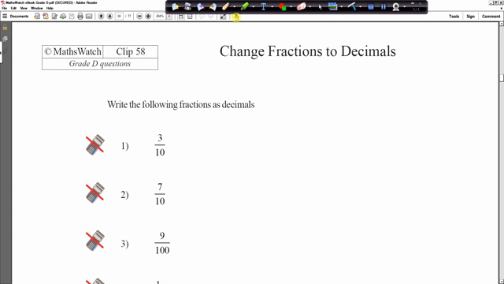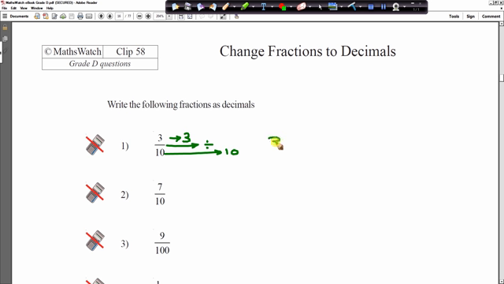So write the following fractions as decimals. Now we're going to be changing these fractions into decimals. When we change fractions into decimals, what we do is what we read. This reads 3 over 10. That line means, what does the line mean? Divide. So it reads 3 divided by